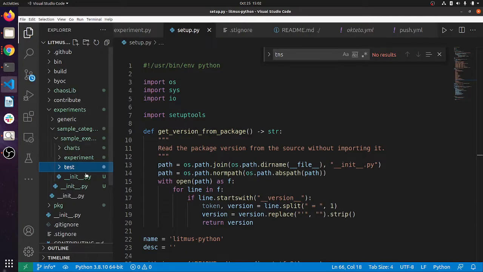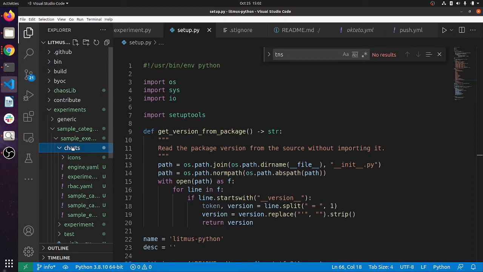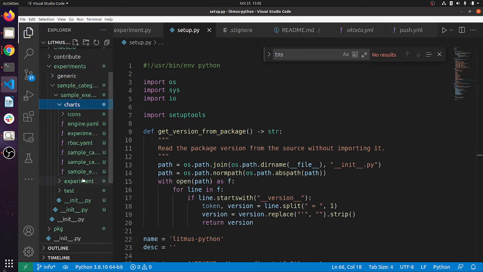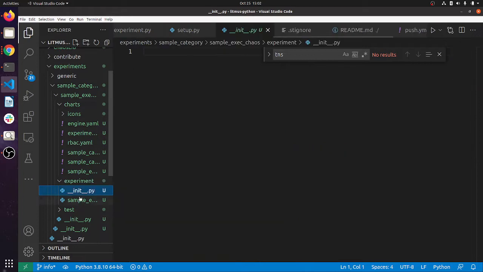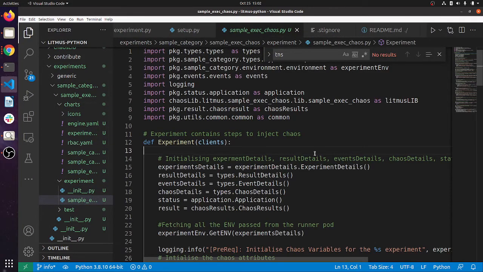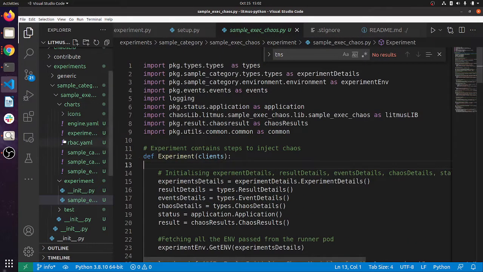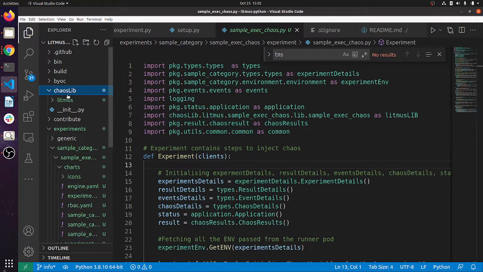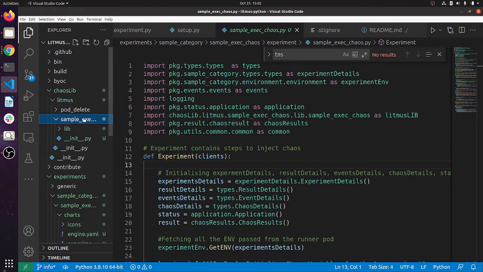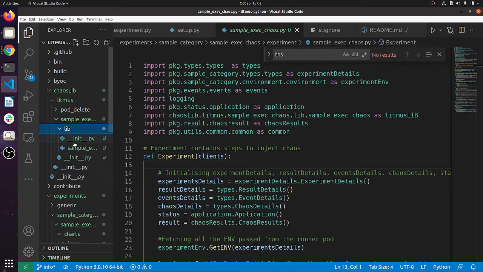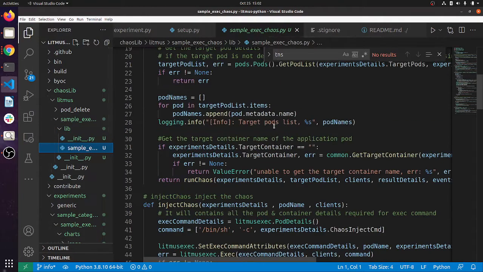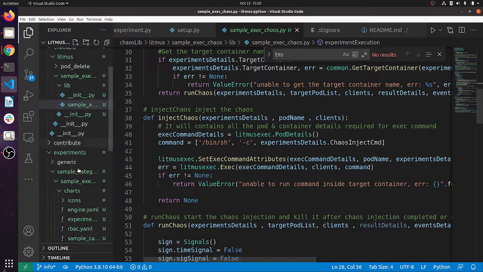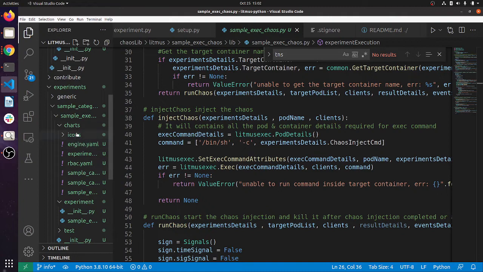We can see one more thing now, that is the chart, where all charts have been created. Earlier only the experiment got created, the script for the experiment. In the kiosk lib also, we will have a look to see if the lib directory also got created. So this is the lib. Basically this is the main thing; all the stuff has been created.